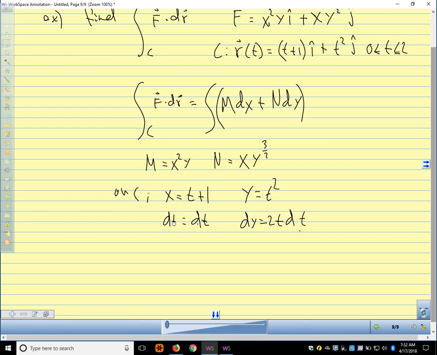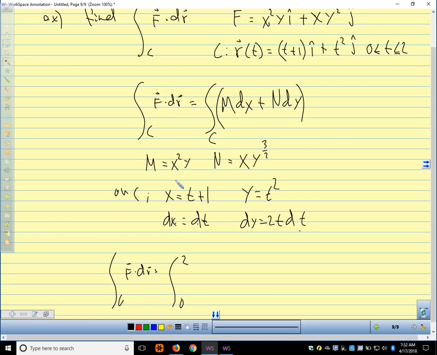This should be a dx, sorry. All right, now I can just substitute in these quantities. I'm going to evaluate the line integral this way. So our line integral over our curve of f dot dr is the integral from 0 to 2